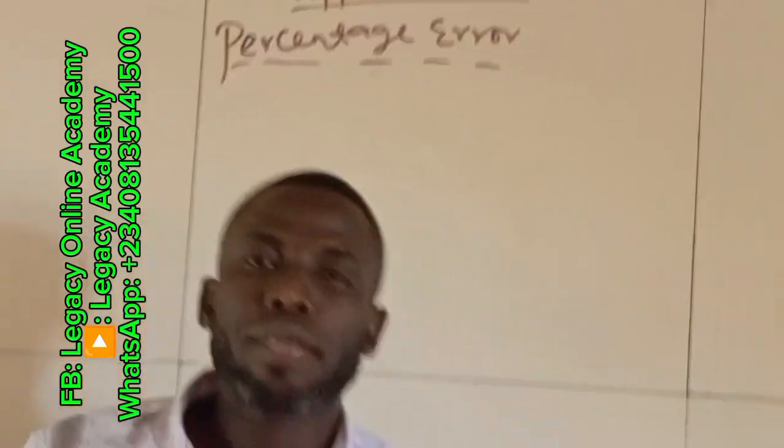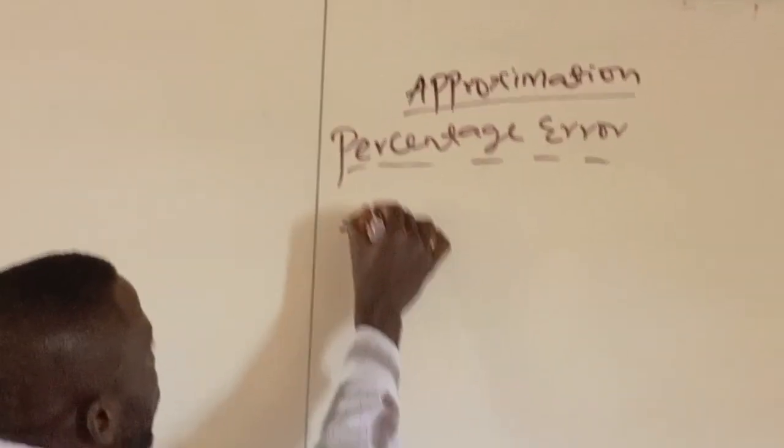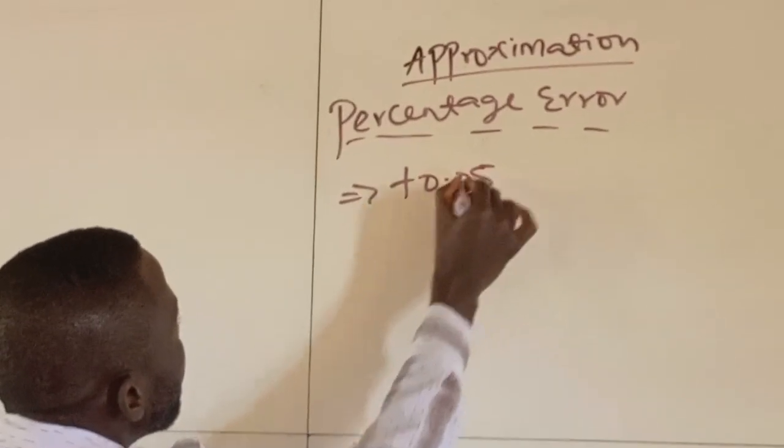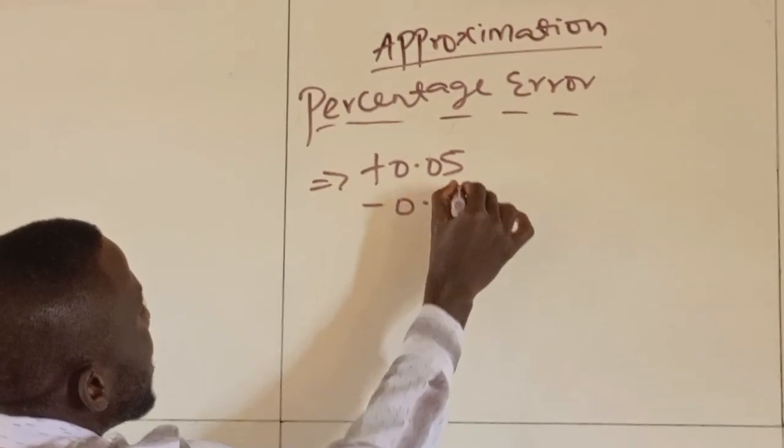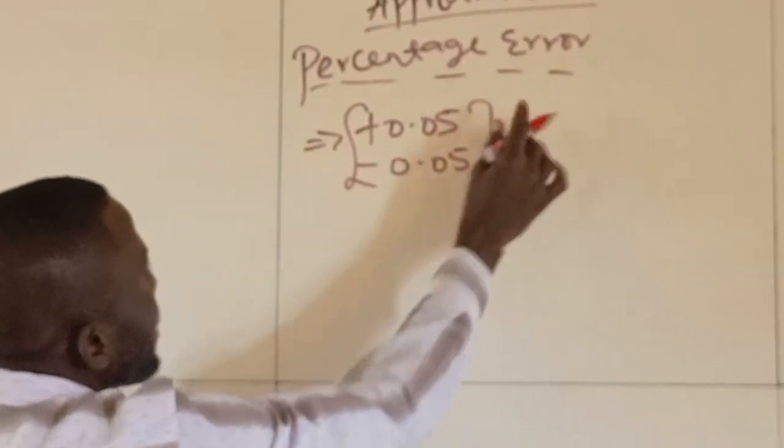You discover over time, whenever you carry out a measurement or you give out work to people to do, especially artisans, let's take for instance a carpenter, and you give him a measurement in this dimension. Can you give me a center table 10 by 12? At the end of the day, if the measurement is tested, you will discover there is either an error of plus 0.05 or minus 0.05 with such measurements that you gave